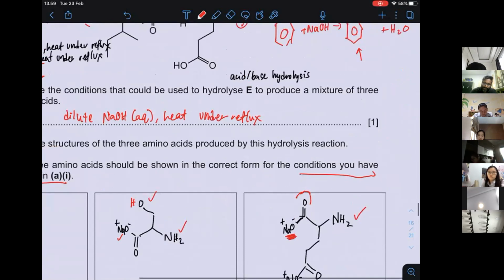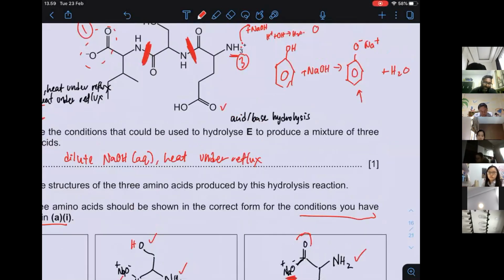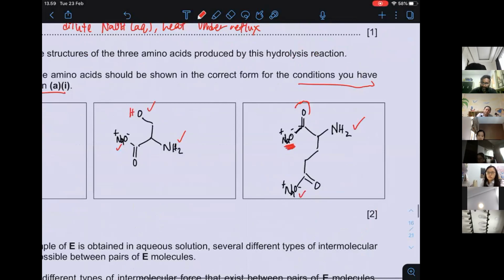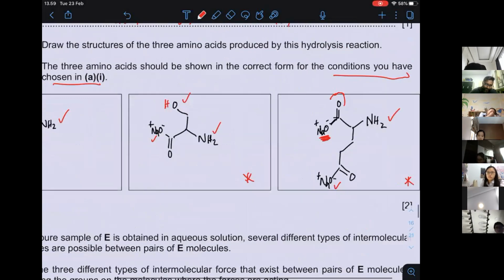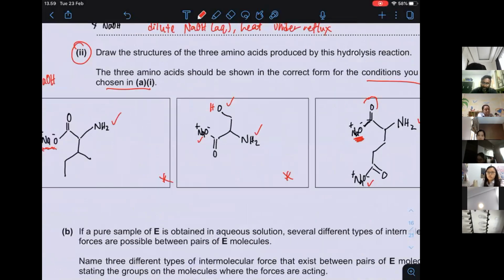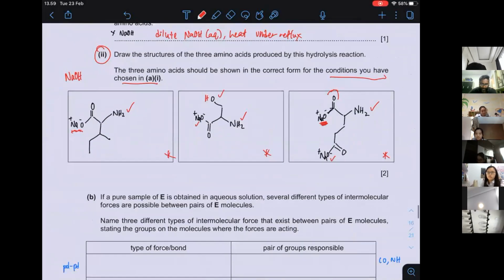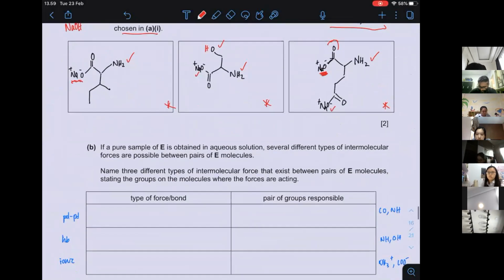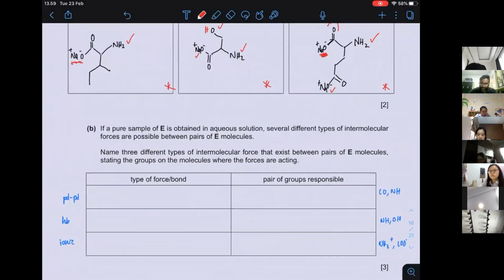And then here, similarly, when you have carboxylic acid, it does react with sodium hydroxide. So when I react, I'm going to get this. Please take note of all these products when you do the hydrolysis reaction. Now, if a pure sample of E is obtained in aqueous solution,